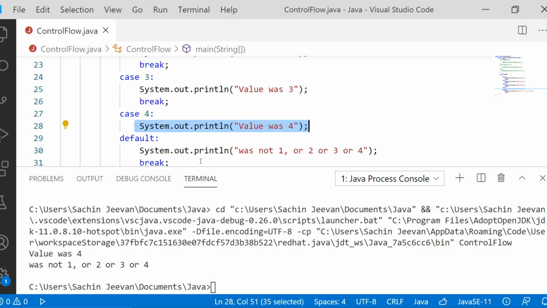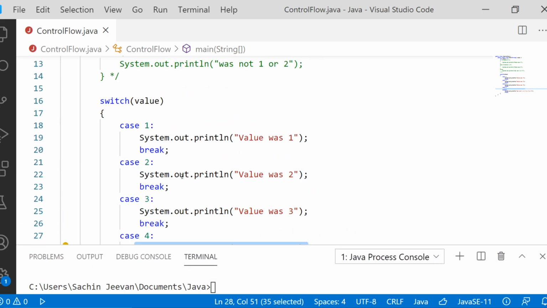So consider this switch statement like a pipe, and the pipe has 4 stopping points in between. That stopping point is what is called break.